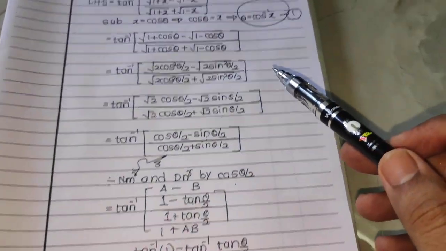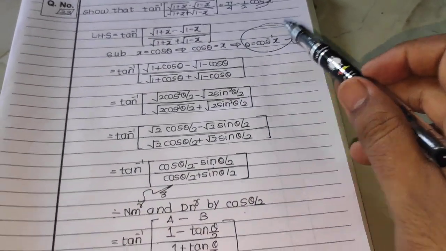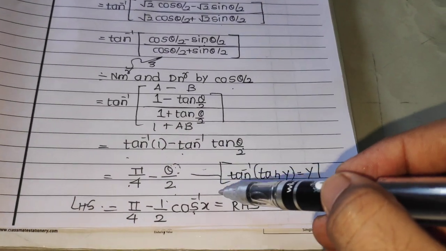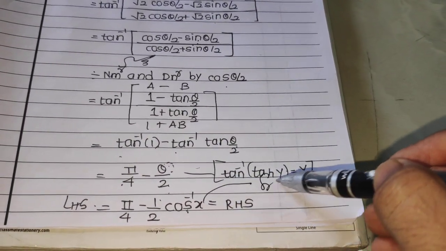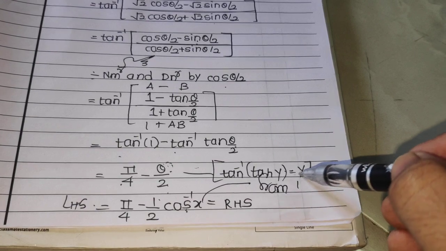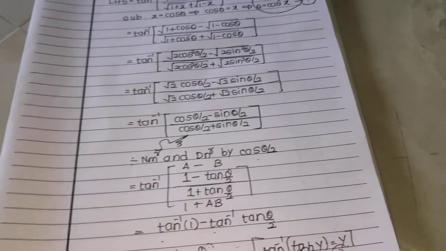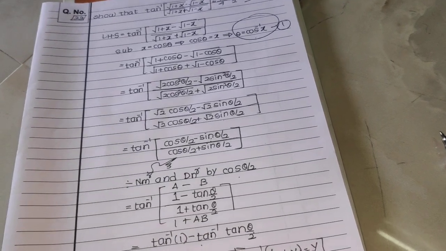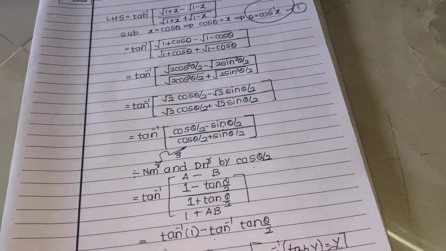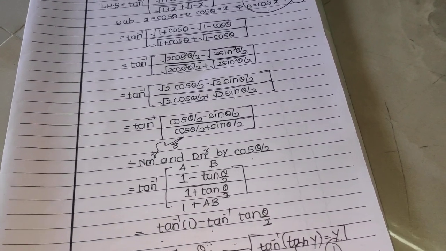But what is theta? Theta is cos inverse of x. So here, if you want, you can mention it from number 1. Here we come to the end of lecture number 8 also. There are some good questions there.